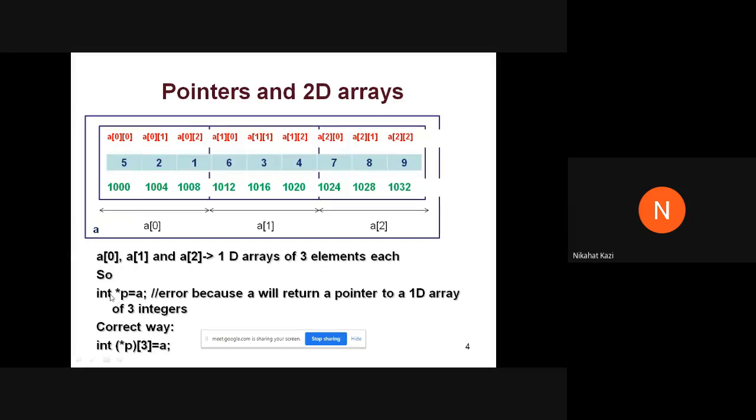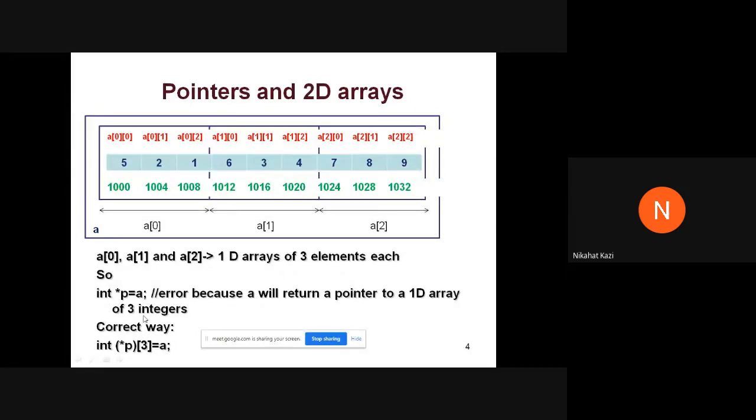So now if you write something like int star p equal to A, this will throw an error, because A will return a pointer to a 1D array of integers. When I write the expression A, only A, this expression actually returns a pointer to a 1D array of 3 integers. Why? Because A is the array name of this 2D array.